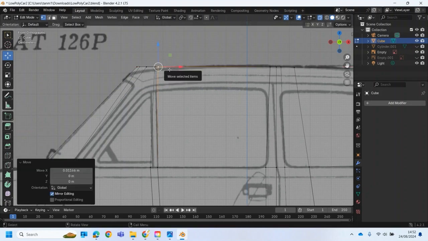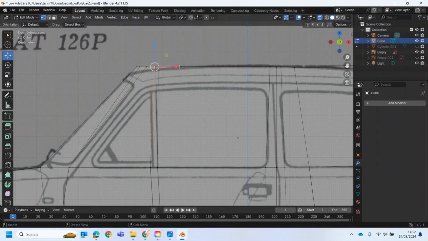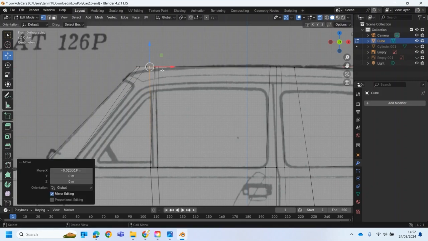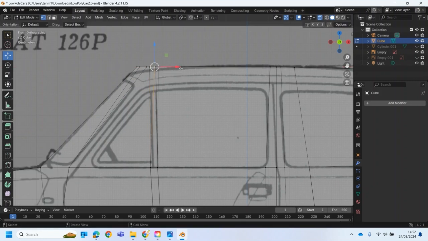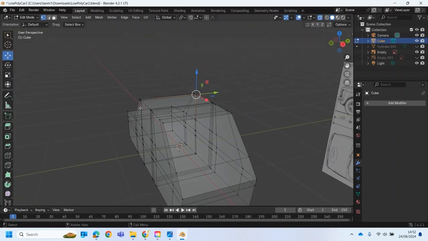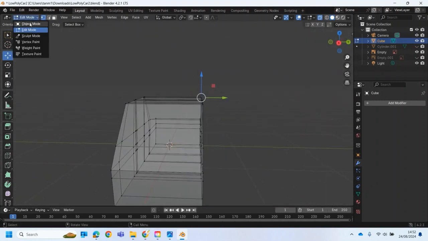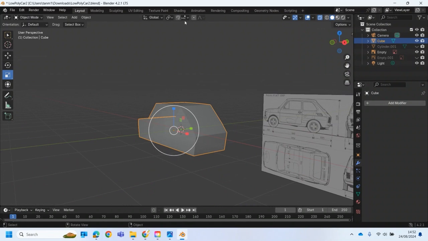So here I have too many that close together and I don't need those. I think I'm looking at the other side. Right, okay. So the other thing we want to do first now, we want to actually cut the car in